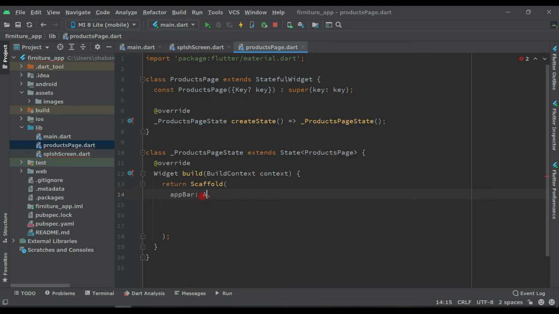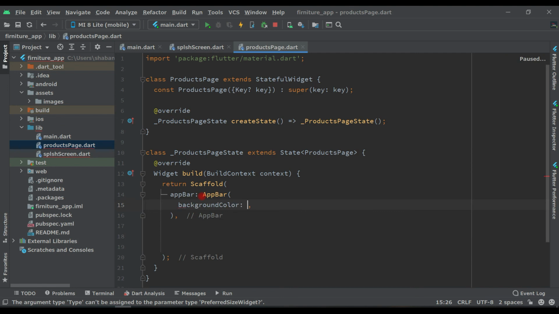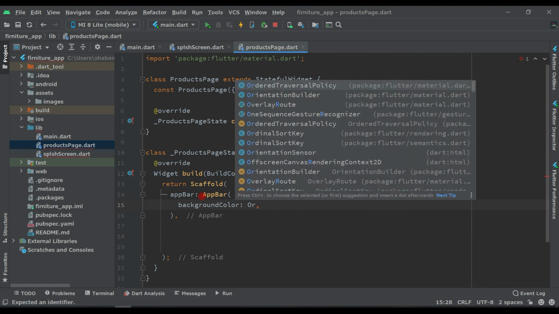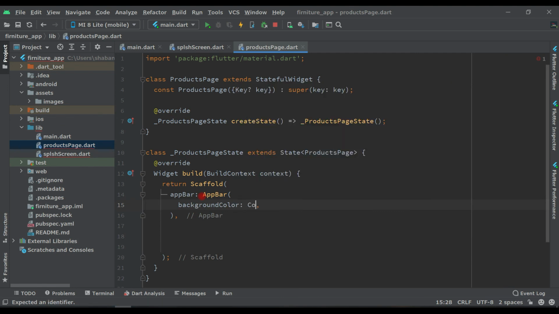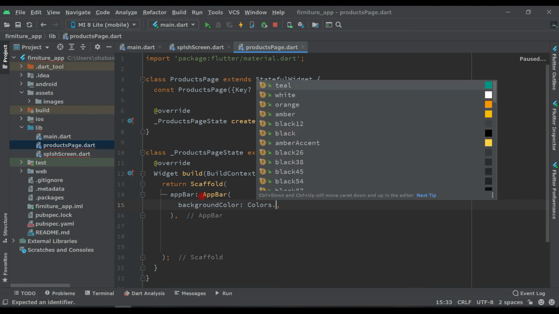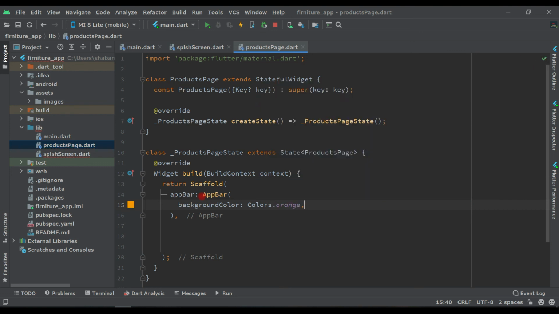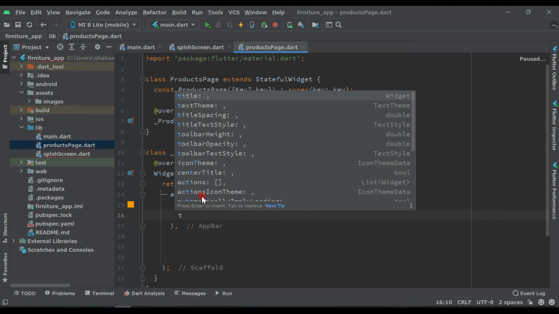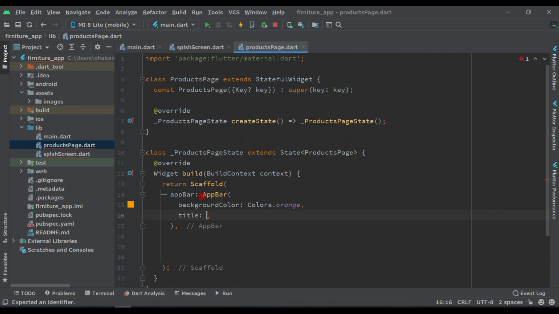AppBar, and open, and the background color of this app bar will be orange, Colors.orange, and the title inside this, what is the title of this app bar, is Text, and right here Products, like this.